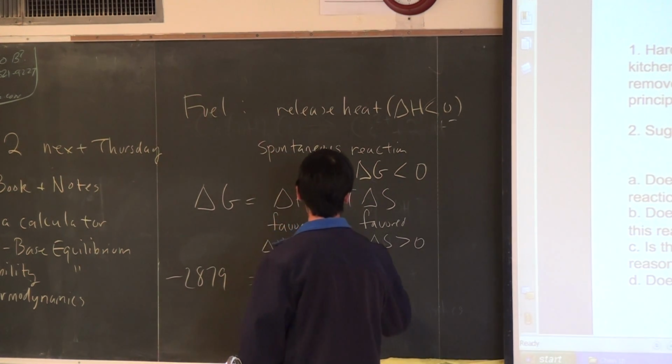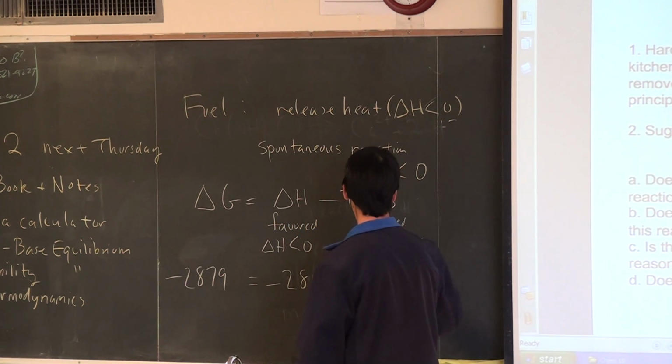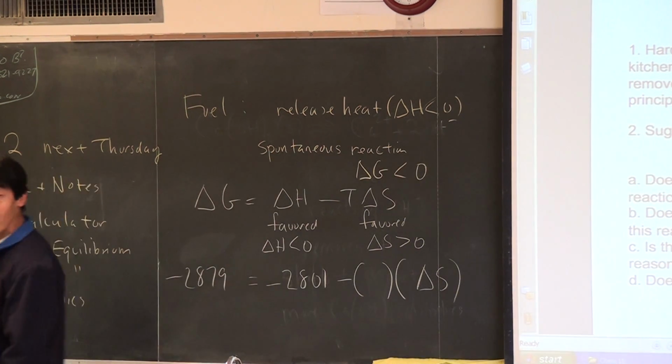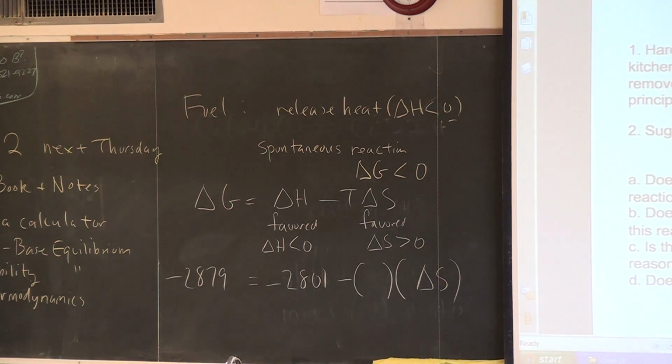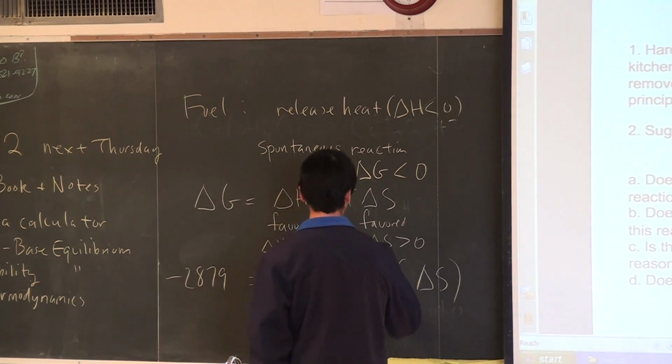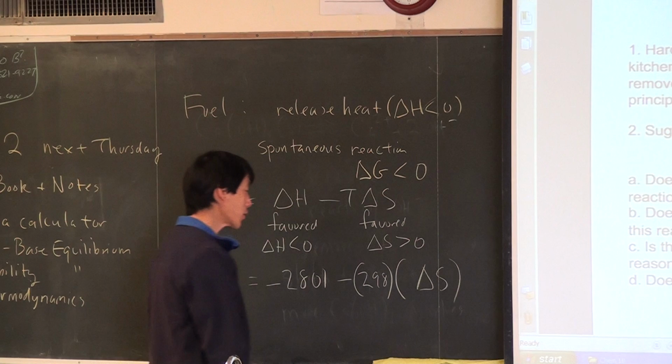2,801, and minus T, which we need to figure out in just a second. Then solve for delta S. Whenever you look up delta H, delta G, or the entropy of formation, that's under standard state conditions, which is 25 degrees. So for the temperature to use in this equation, we should use 25 degrees, but in this equation it has to be in degrees Kelvin. So this will be 298. So if we solve for delta S,